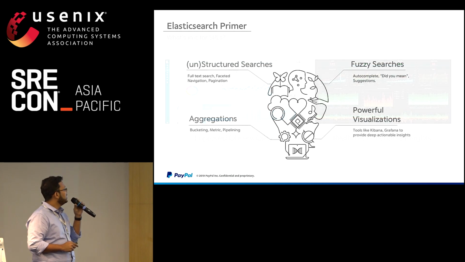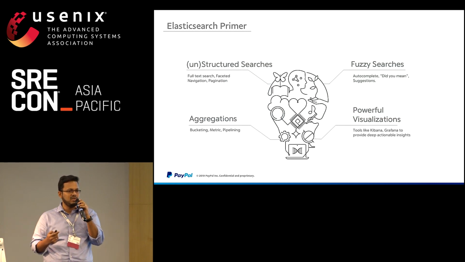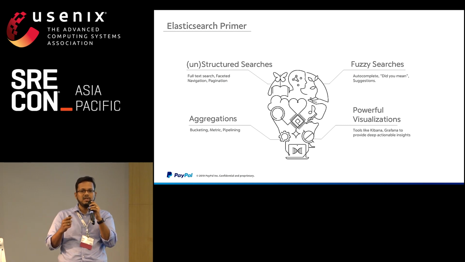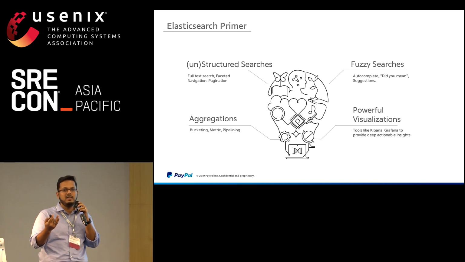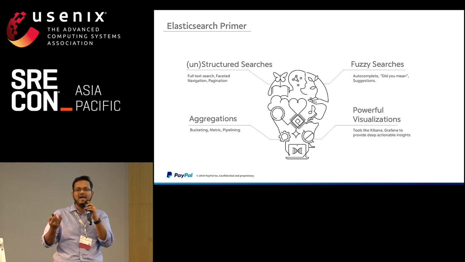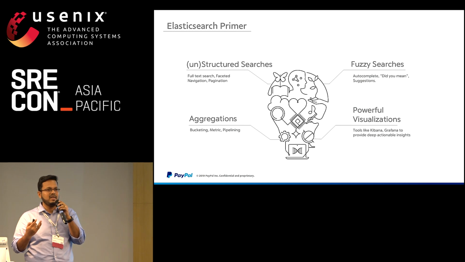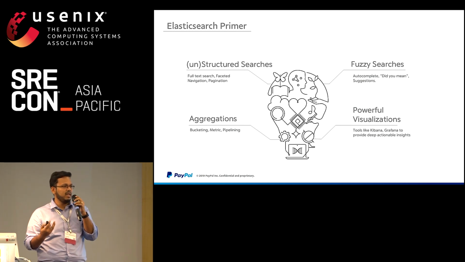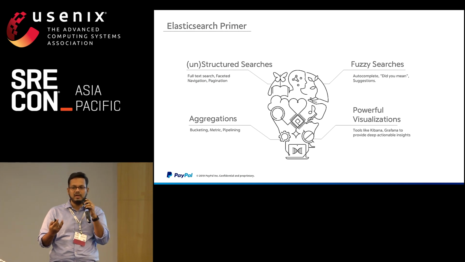Before we move on to what's in it for SREs, we'll also cover some use cases of what PayPal uses Elasticsearch for, just to give you a brief overview. There are two different things we use Elasticsearch for at PayPal. A couple of things are customer-facing use cases, like the example I mentioned with activity search, or a customer trying to find out how to do something, who goes to PayPal's help center page and searches for it.